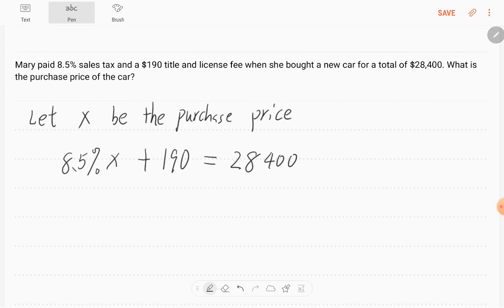So now we want to solve for x. The percentage 8.5% means 8.5 divided by 100, which is 0.085 times x. We need to change the percentage to decimals first. And plus 190 equals